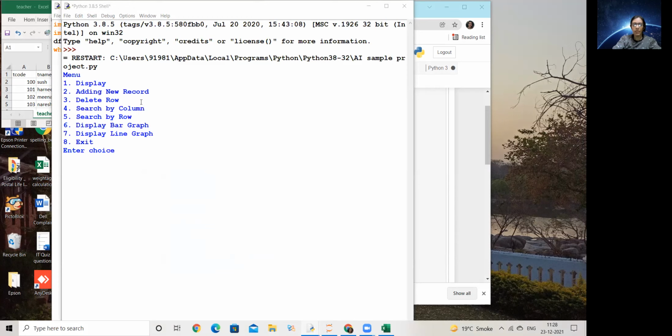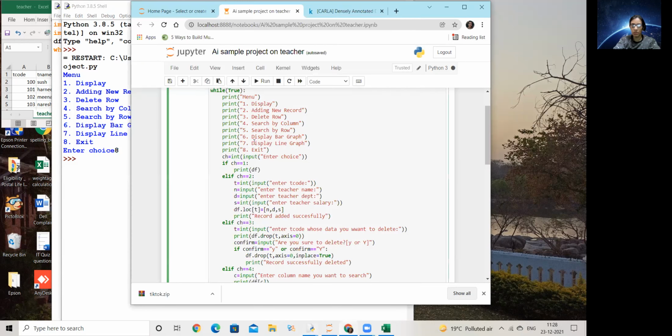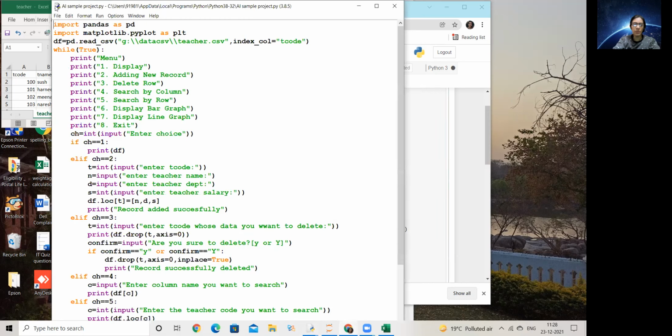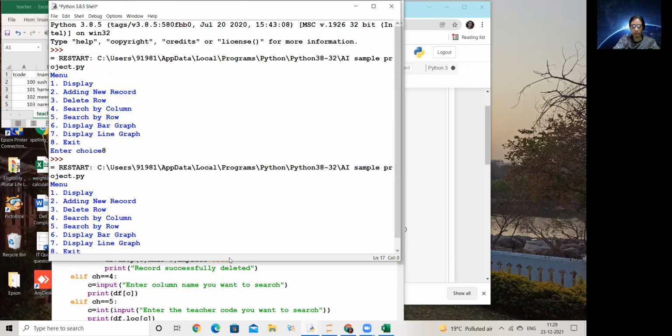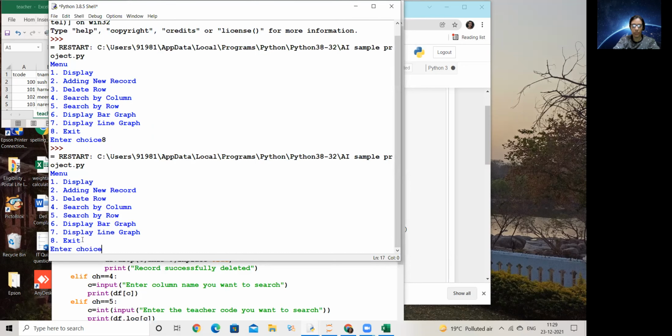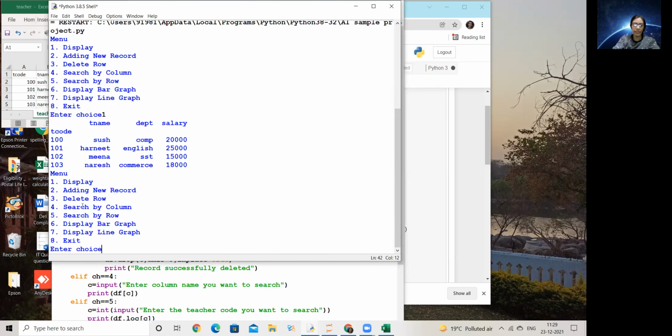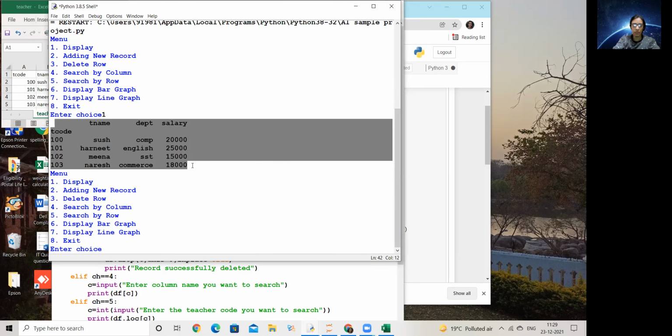Display the data, adding new record, deleting, search and this search, and display this graph and that graph, and exit. So anytime I want to come out of the menu, I give option 8 and I'm out. Now what exactly I'm expecting as my output is that if I say choice 1, my entire data is displayed, you can see, and my menu is back.